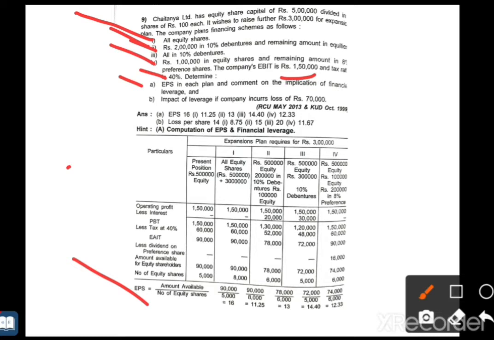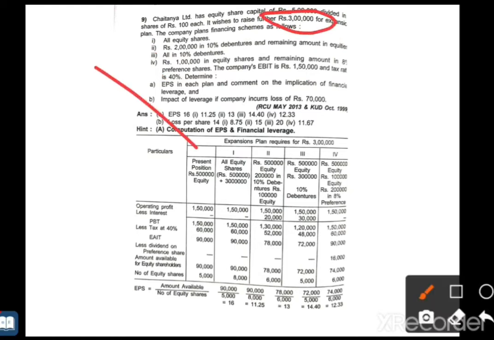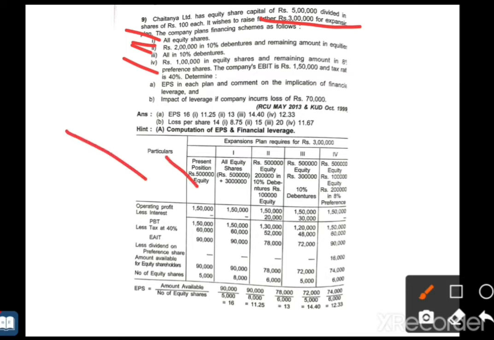But first we are going to prepare the table. As I told you in the capital structure, if they are given any existing information, for that we have to create an existing table first. After that, based on these different plans, we have to prepare 4 plans: plan 1, plan 2, plan 3 and plan 4. Is it clear? If there is no existing information, then directly we prepare plans 1, 2, 3, 4. If they are given existing capital of that company, that column should also be prepared. So let us start with the particulars: existing position, plan 1, plan 2, plan 3 and plan 4.